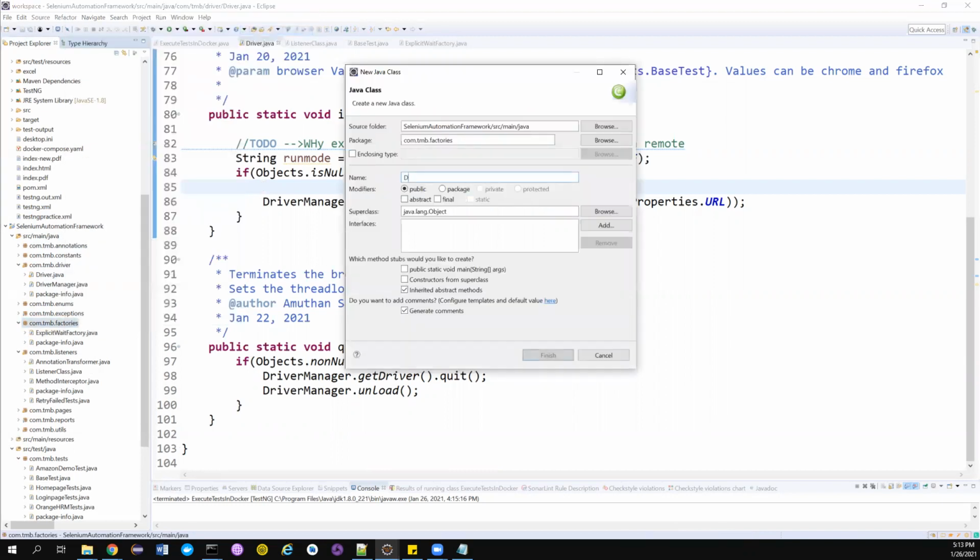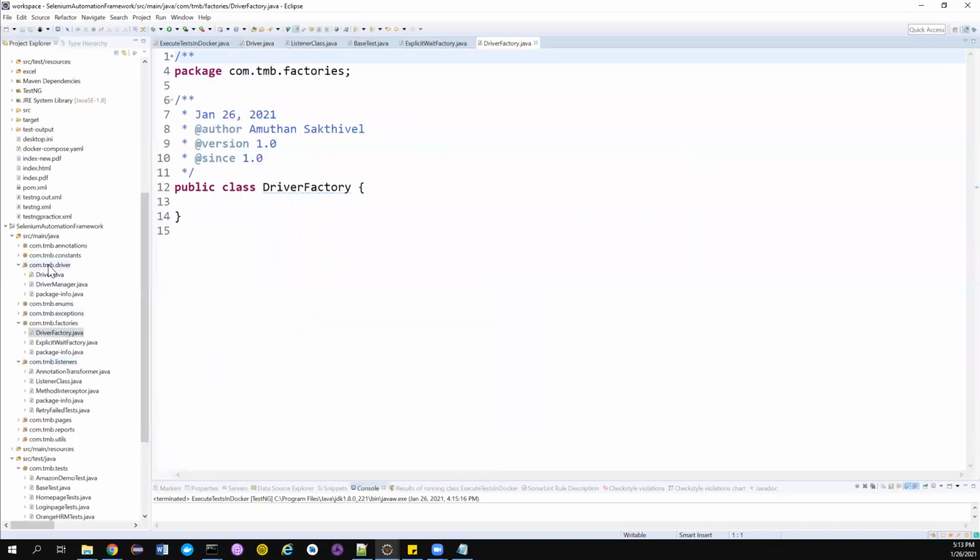So I'm gonna name it as driver factory because we're gonna wrap all the implementation needed to invoke a browser, right? So I name it as driver factory. Okay, the package I'm going to create is factories because all the factory classes are also here. Good. Some people prefer keeping it in a driver package, but I prefer keeping it in factory so that all the factories can be found in one place. Again, it's up to you to decide how you want to implement this.